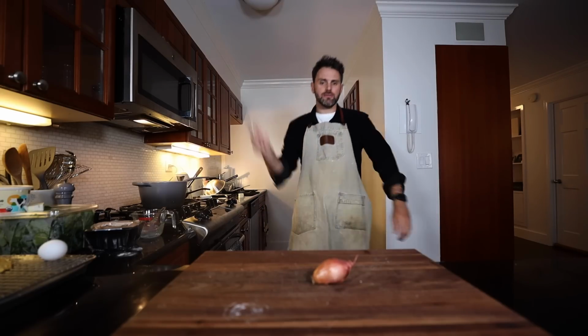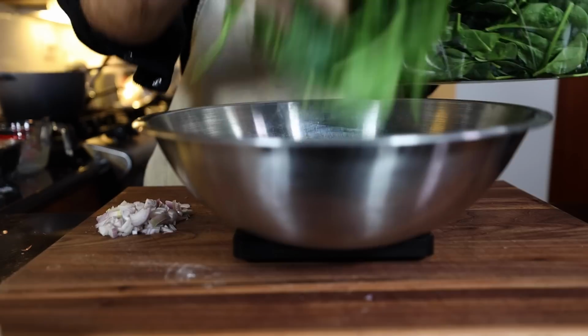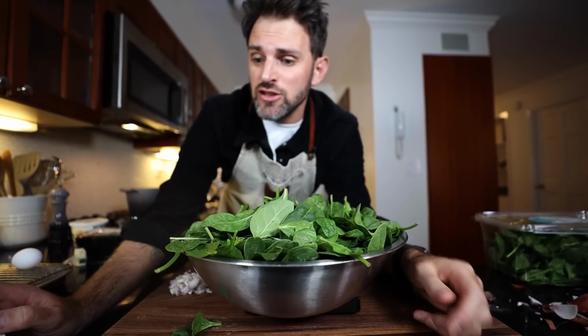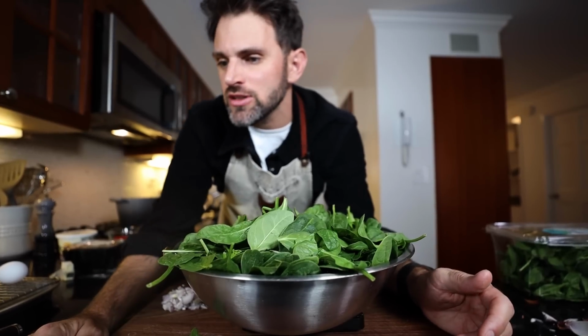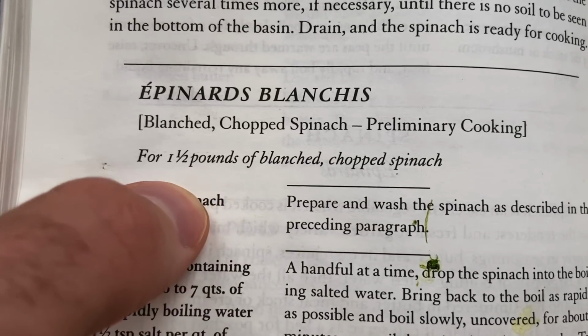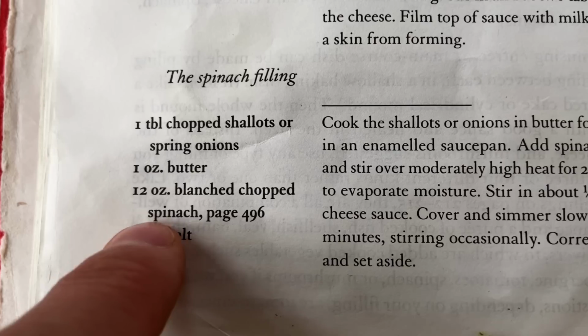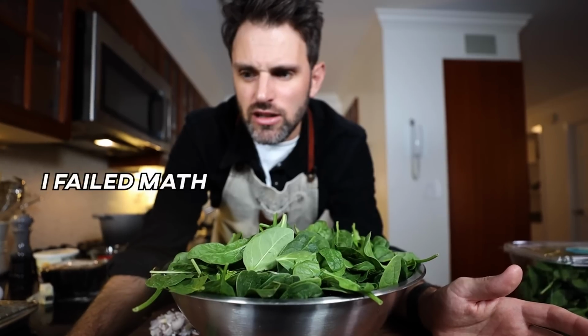Okay, so firstly, chop up my shallot. That's what she's asking for, 12 ounces of blanched chopped spinach. This is 12 ounces of fresh spinach. So you go to the page where you're supposed to do the spinach. It says for 1.5 pounds of blanched chopped spinach, you need 3 pounds. But since I only need 12 ounces of